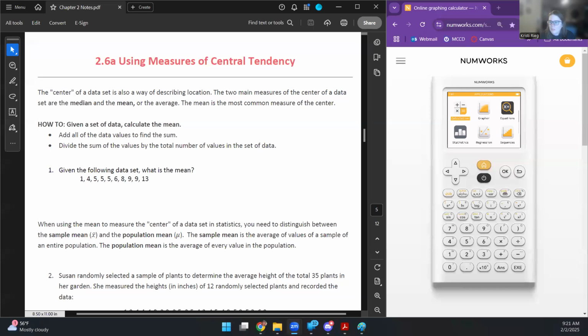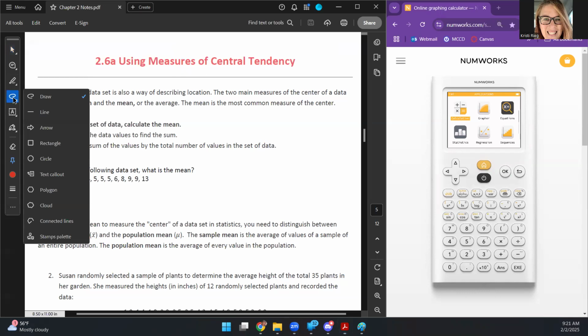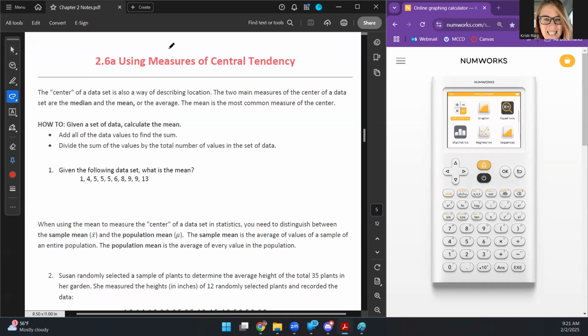Okay, so here I am sharing my screen. Okay, here we go. So for this section, we are doing 2.6 using measures of central tendency. So that means we are going to be discussing the mean. Okay, let me get on the writing tool. Perfect. The mean,